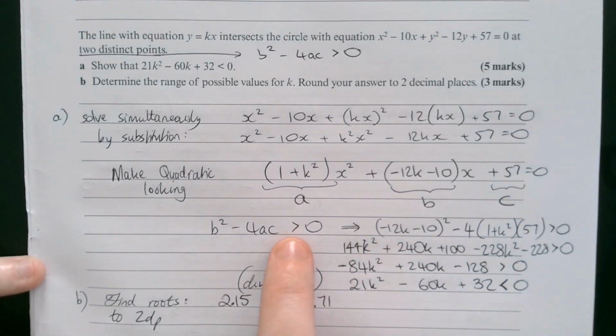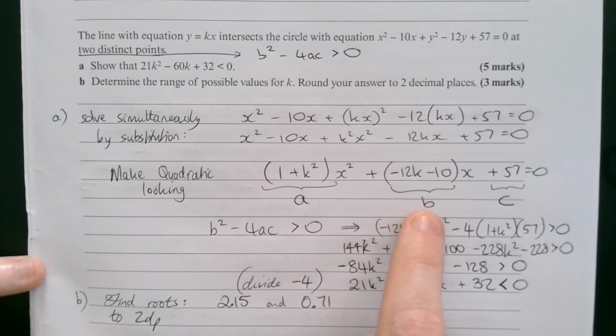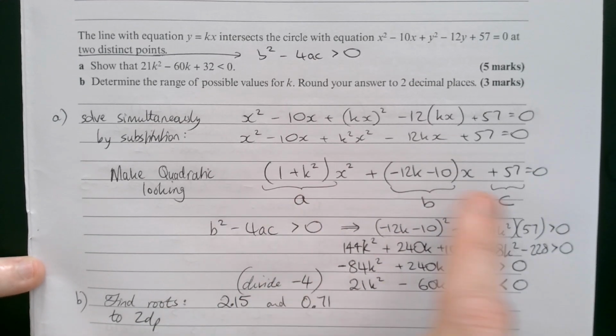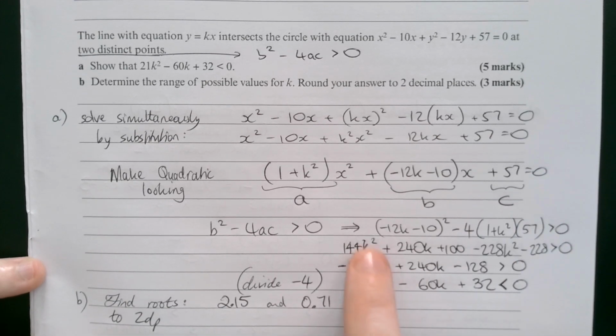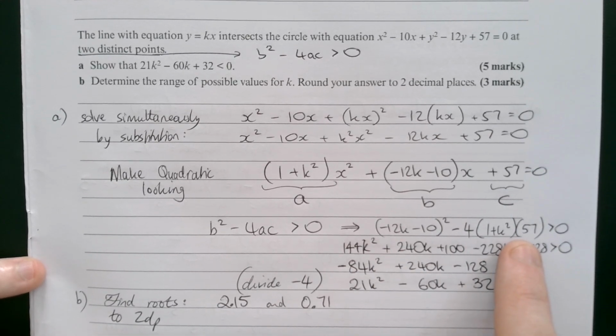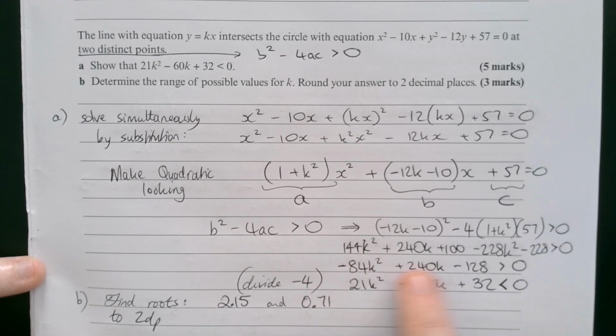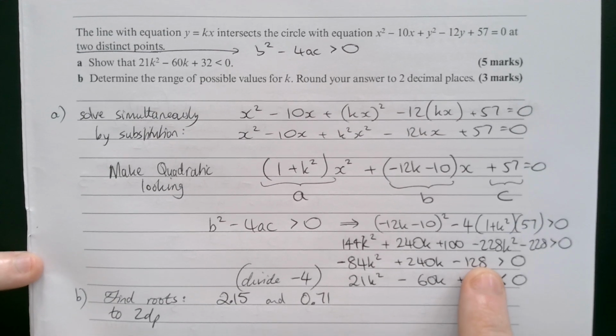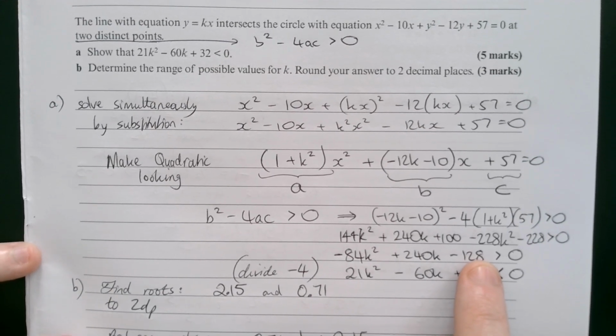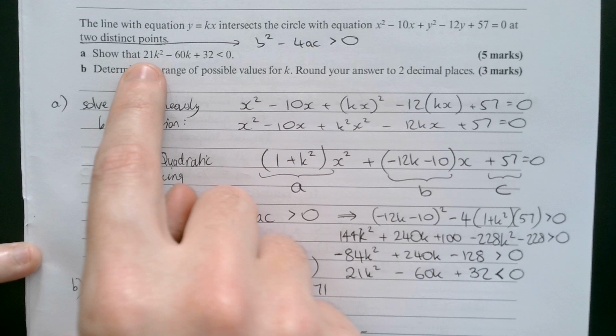So discriminant is greater than 0. B squared, that's this thing squared, minus 4ac. So I'll put those things in here. Expand it, simplify, and then the only thing that I'd point out in this simplification is we're trying to get to that,